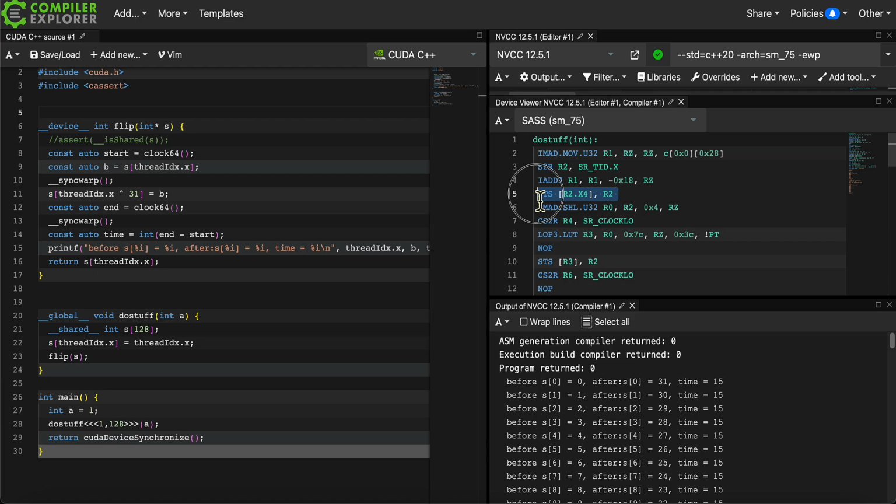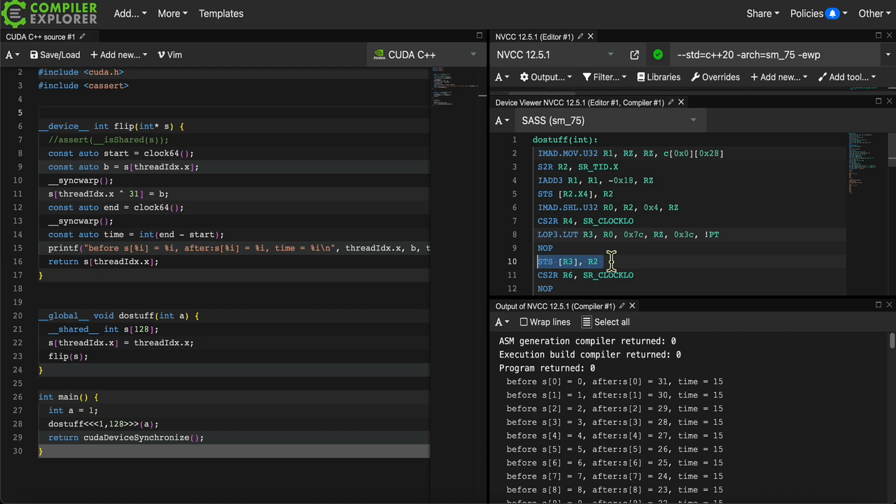now let's see, before we have a store to shared memory. And then we have the clock. We have the XOR that changes the thread ID. We have a store here, but notice that the optimizer optimizes away the read because it knows that this read and this read are actually duplicates. So it already has that data within its registers.